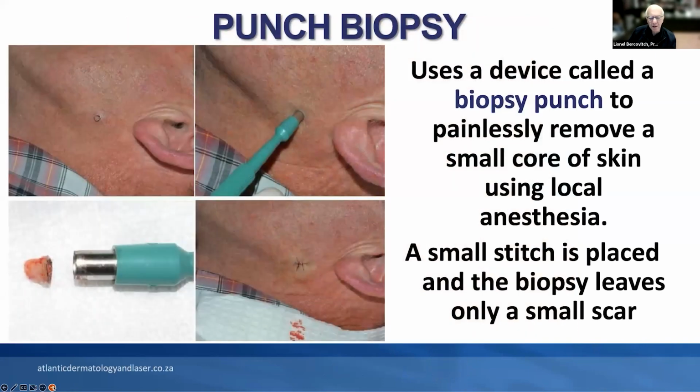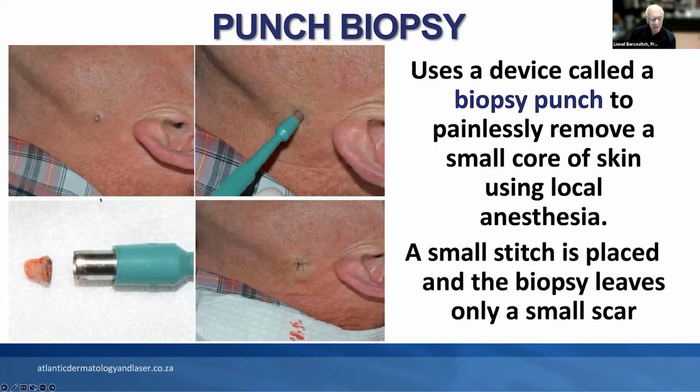So to make a diagnosis, we do a skin biopsy. Most of you probably had one in the past, although it's not always necessary to do one, especially if you've got a family member with PXE and you start developing similar changes, it's highly unlikely there's another cause for it. But the biopsy is done with something called a biopsy punch. It takes a 3 or 4 millimeter piece of skin with a little thing that looks like an apple core,